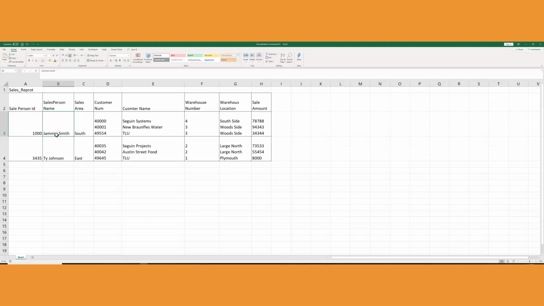not maybe, for sure that we have non-atomic data, full name as a first and last name in one cell. That is not encouraged. We need to break that into two pieces of data, first name and last name. We notice here in the customer number, we have a repeating group in the same cell or in the same entry. We have customer name, we have three for each salesperson, and we have warehouse and warehouse location, and also we have the sales amount, which is also three amounts